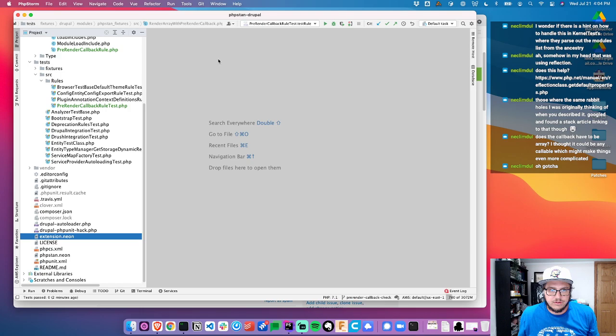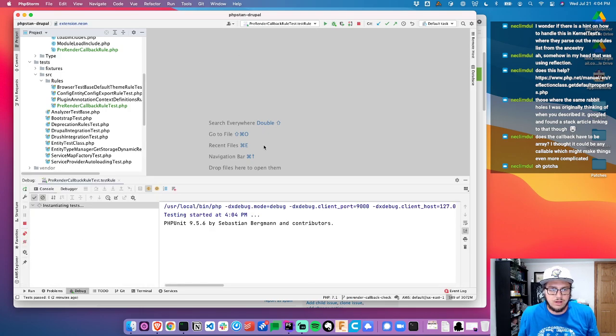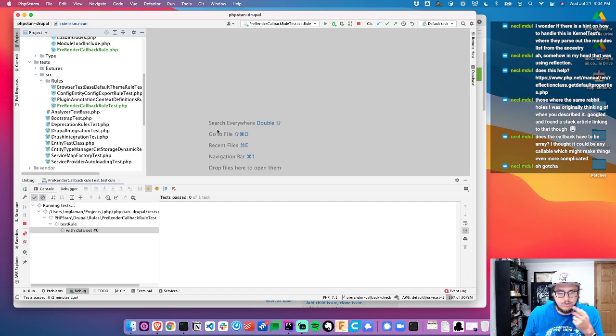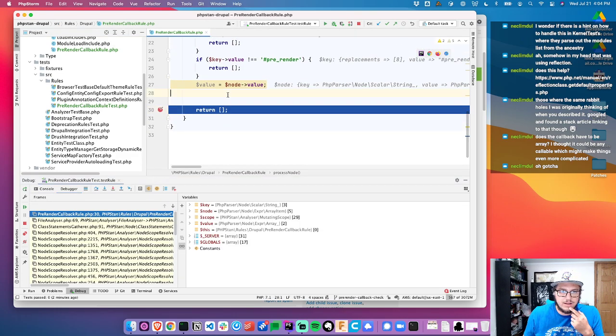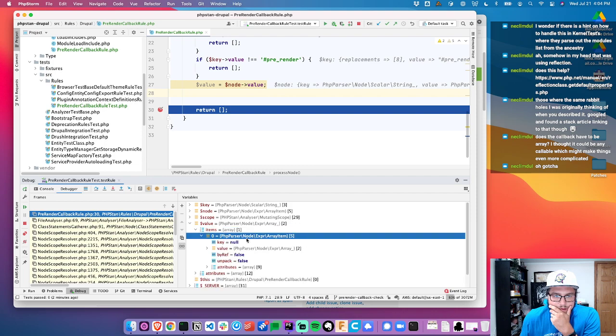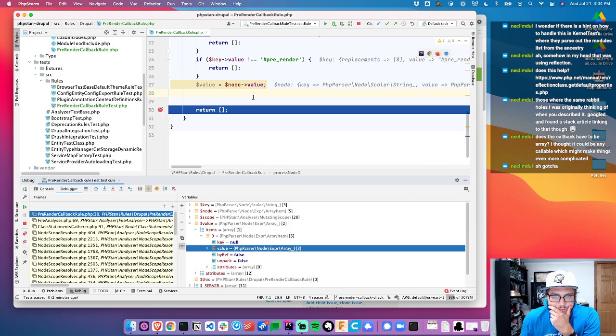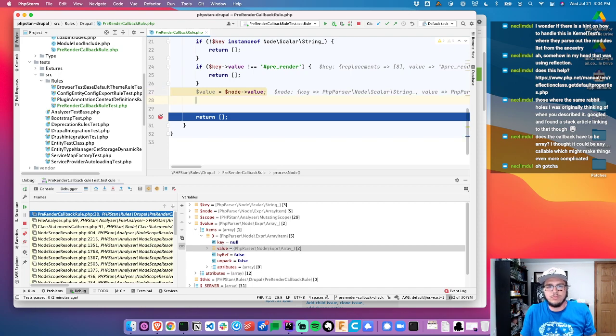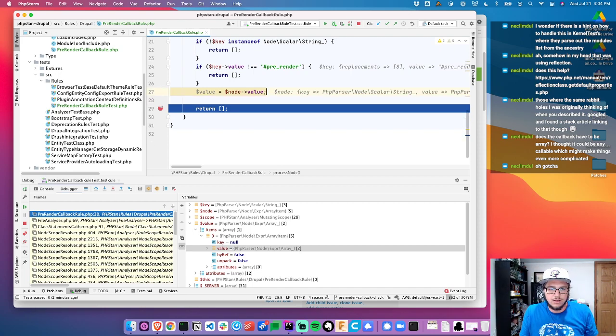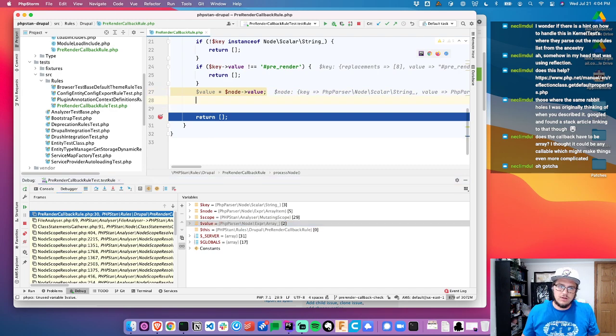So I add them to this one file because if we go and debug the test again, I should be able to detect all the different values. And I'm going to do that, and then I do need to call it so I can go shoot items array item. So actually, we need a pre-render is an array. So value, what is value? So we can do if value is not an instance of array,